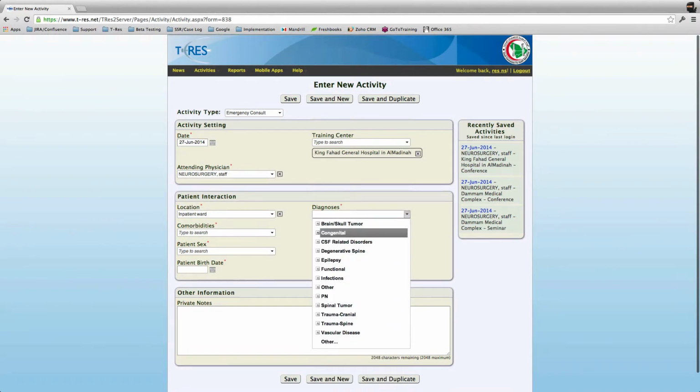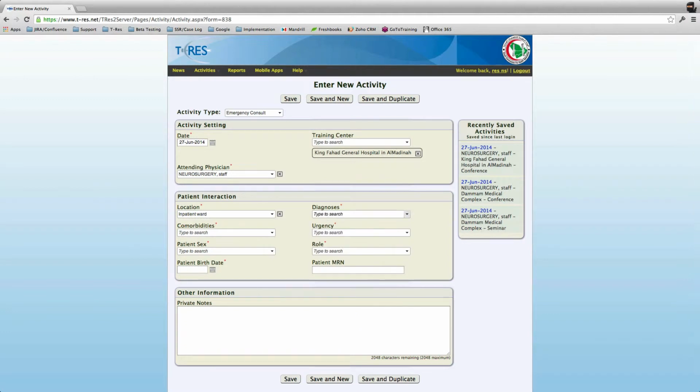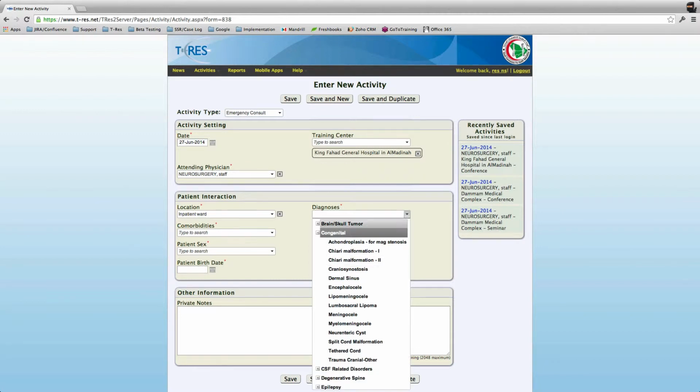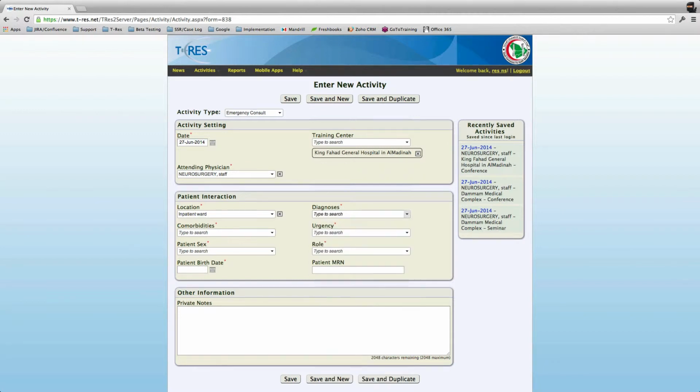Now, I can actually use a type and search feature. So you can see here it actually says type to search. So that's just a little reminder that you can just type in a few key letters of the diagnoses and it will pull them up for you. So for example, if I wanted to type in dermal, all I have to do is just type in at least 2 or 3 letters of that word and it will automatically populate that list. So there's that dermal sinus option that I wanted,